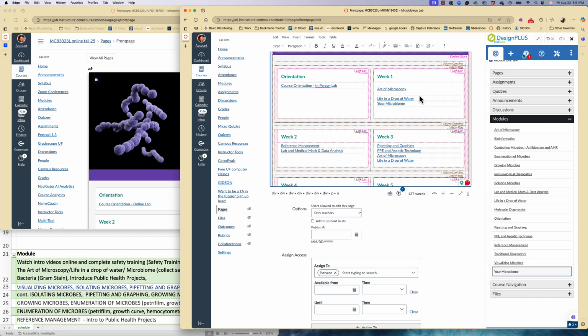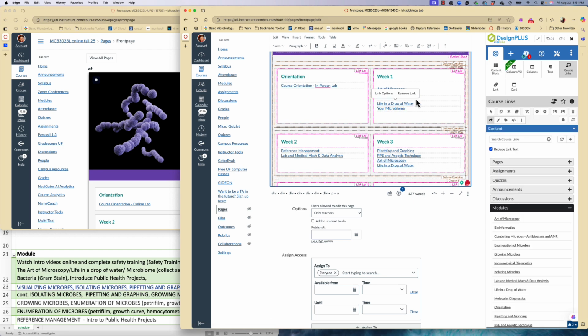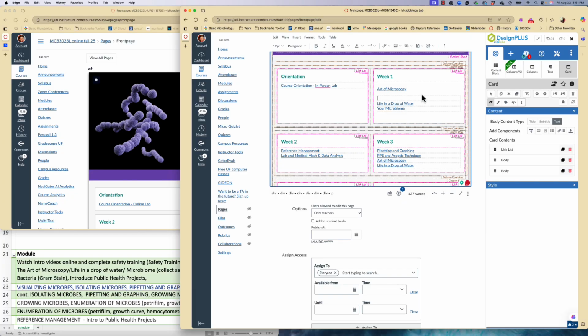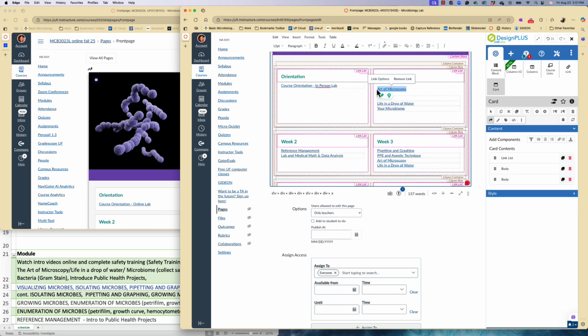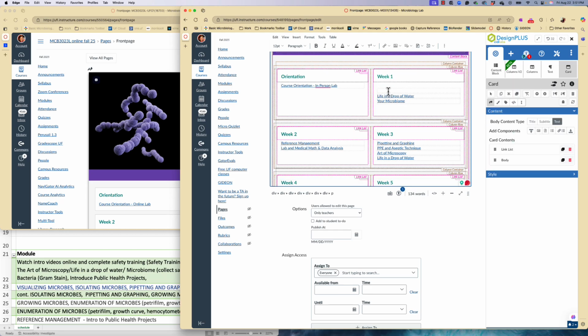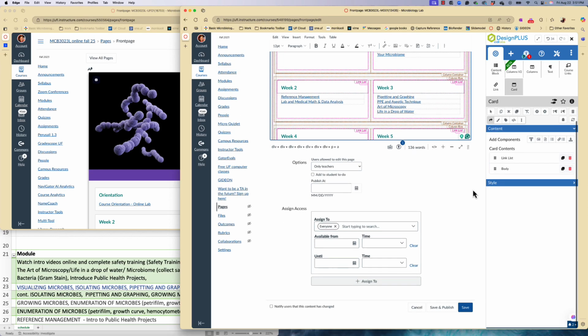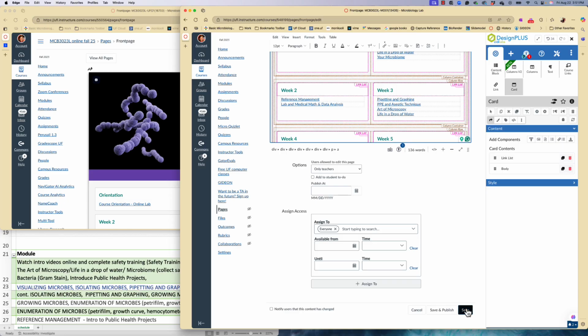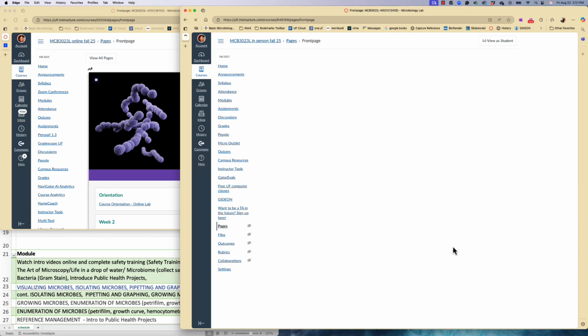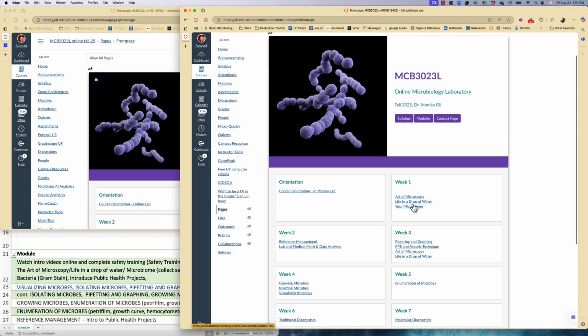All right, so we've got everything back in here, and let's see. Make this formatting nice, because that sometimes happens. Okay, so now we've got everything here. At least these two are correct, the other ones I'll fix later. And I'm gonna go save. And I want to make sure that my links are now working correctly, okay? So the Art of Microscopy